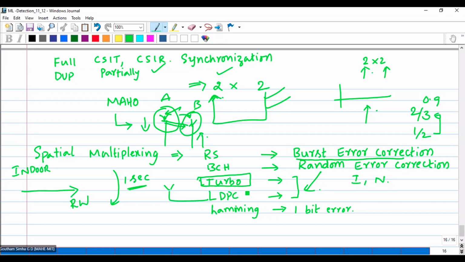of our LDPC codes. But LDPC codes were very well designed by Robert Gallagher in 1961. But the implementation issue started in the year 1991. There were codes used for information theory, but for wireless communication, both turbo and LDPC came into the picture somewhere around 91 to 95, where most of the Richard Hamming and his students who worked on Hamming codes and the implementation issues for those things